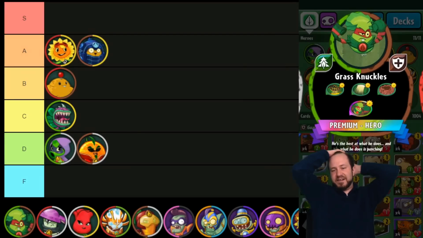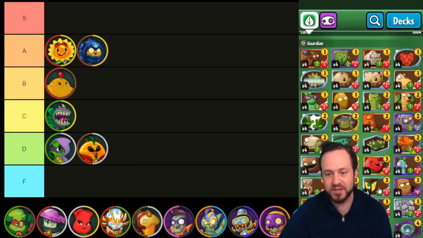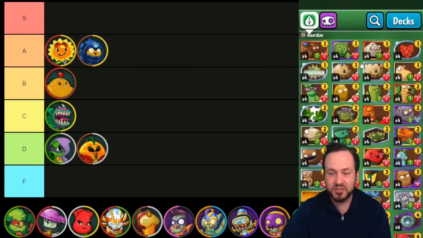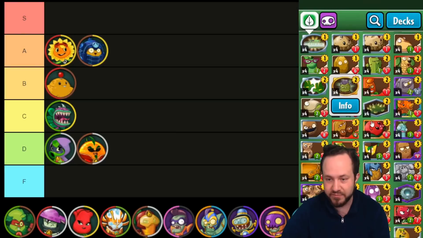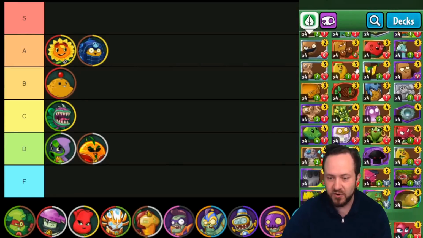All right, here's Grass Knuckles. So Grass Knuckles controls two classes that actually work very well together. You got the Guardian, which in terms of mid-range decks is able to control the early game very easily. A lot of really good options. You have your Grave Removers, then you have your sort of mid-range strat. You got your Triceratops, you got your